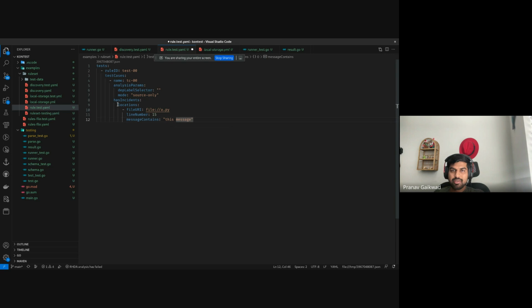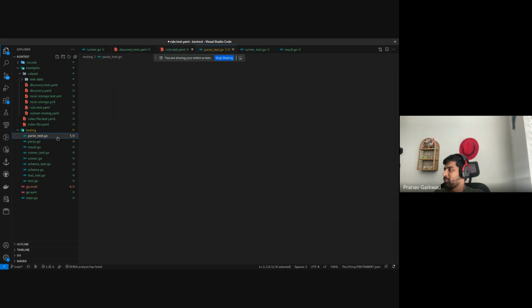And in future, I'm not sure, and I don't want to promise this, but I would really like to have a button over here which can run this test right here in my IDE. It would be very similar to how you would run a